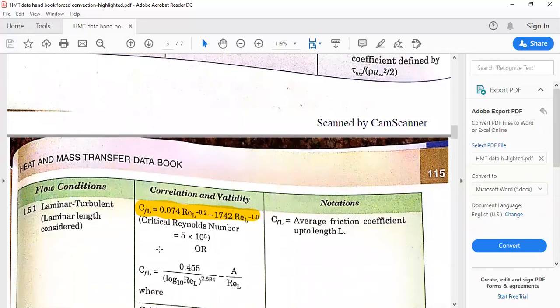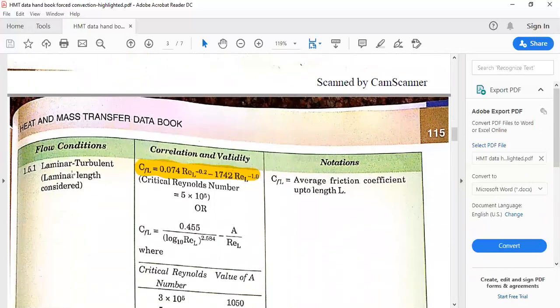Sometimes, if the flow takes place along the length, there may be cases in which the part of the flow from the leading edge will be laminar, and hence it converts to turbulent. That means along the plate you will have laminar as well as turbulent regions. It is a combination of laminar and turbulent regions. Then if you want to find out the friction factor, use this equation.